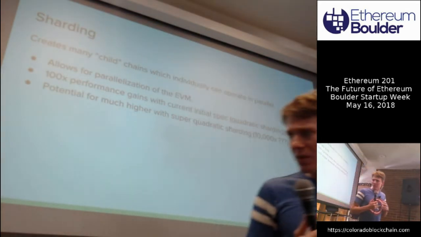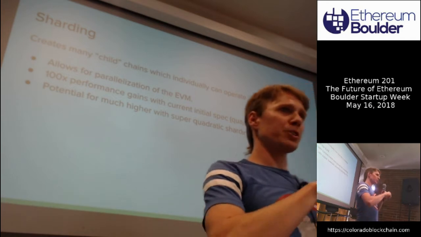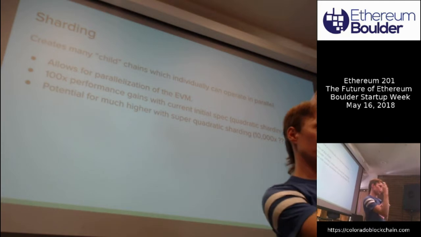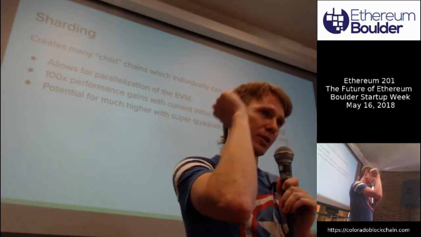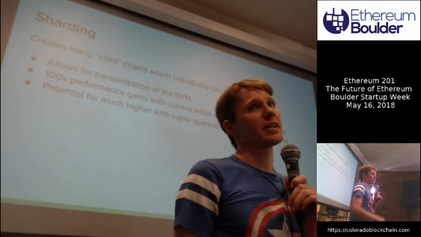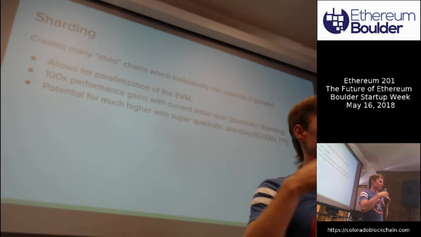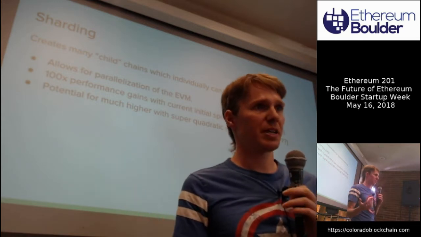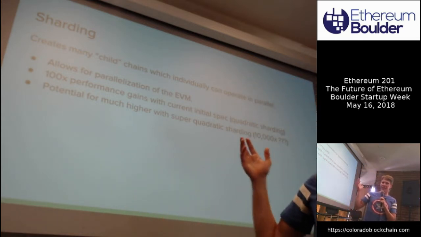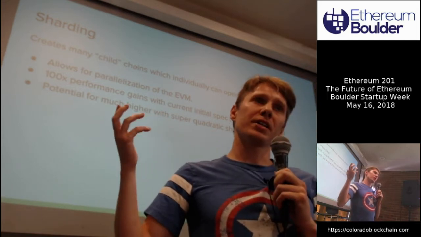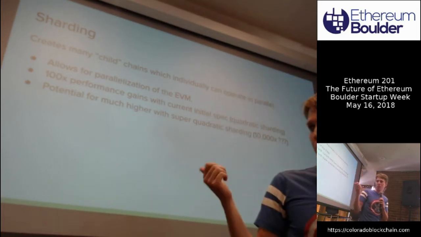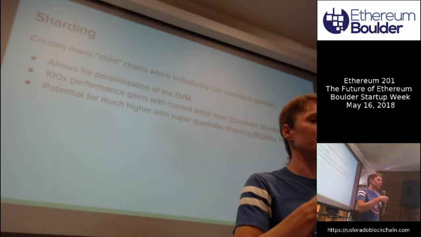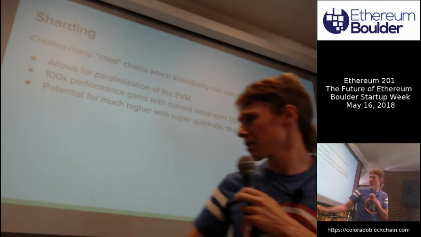And then sharding. So sharding, the general idea is that you split the chain up into lots of different individual chains that can all be run in parallel. Right now we have this one chain and it runs sequentially, and you can only do it as fast as you can run it in a single thread, basically. With sharding, we can split it up into, I think the initial approach is going to be 100 different ones, so effectively we get 100 times speed increase. And while this is still being heavily researched, there is promise of what I think the research team is calling super quadratic sharding, which could give us thousands of times of speed increase. It's essentially just massive parallelization of execution.